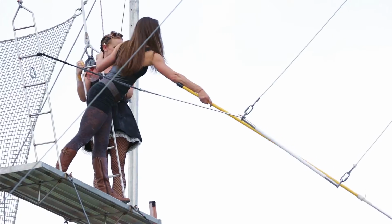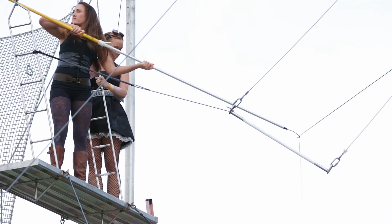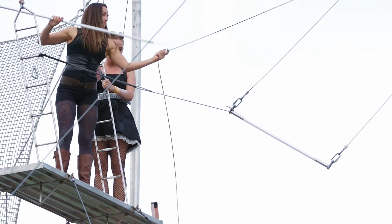On board, we have Erica doing a back end split. This is also Erica's first workshop, and